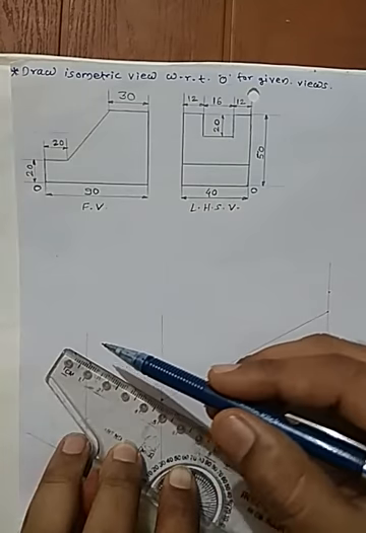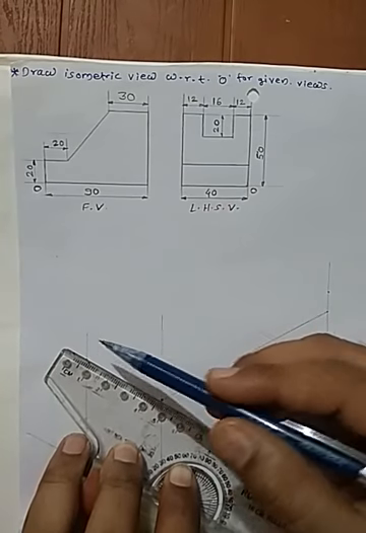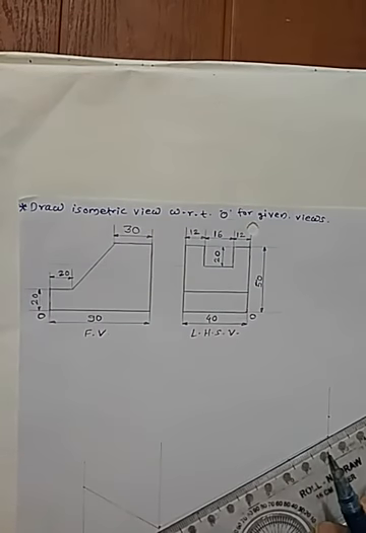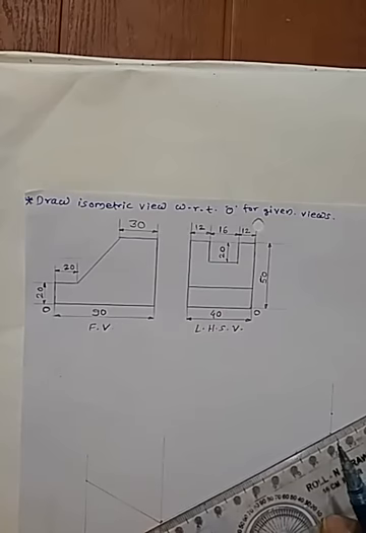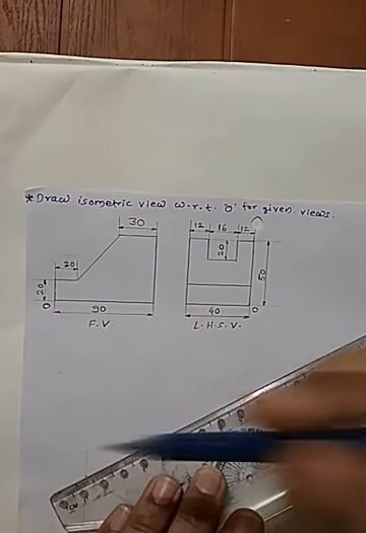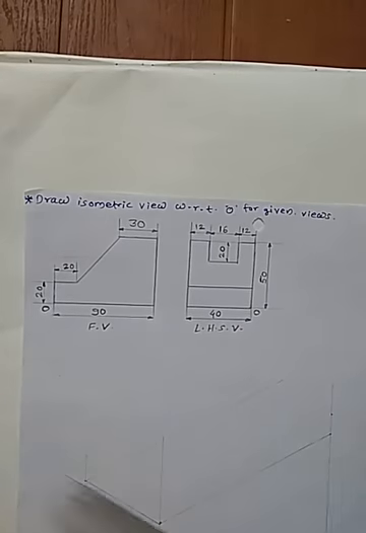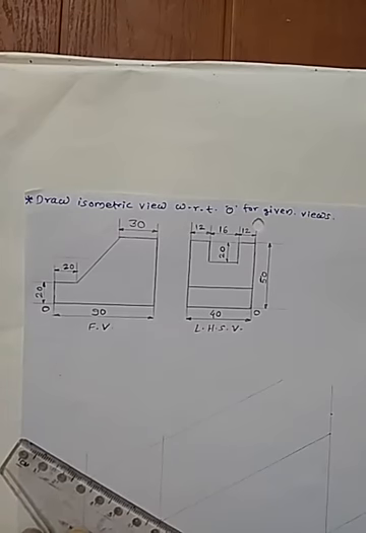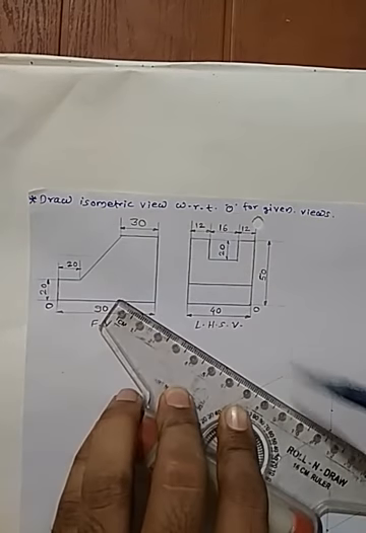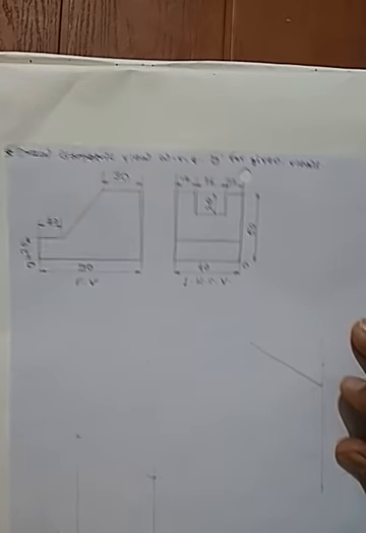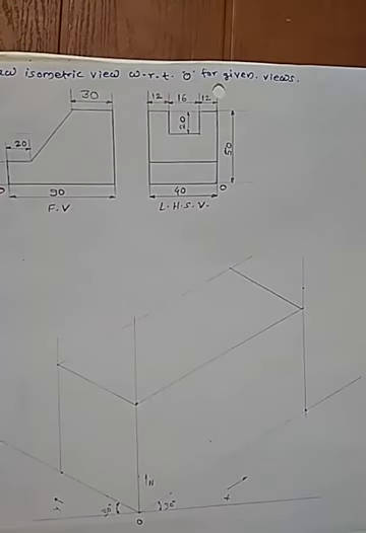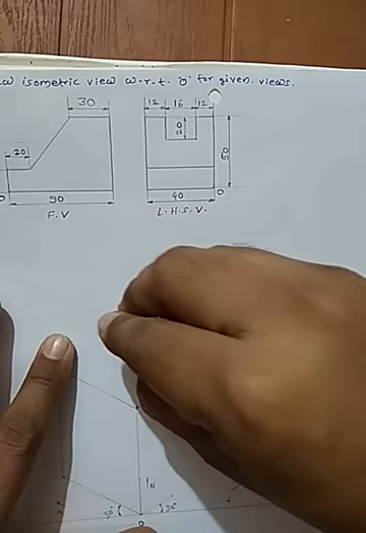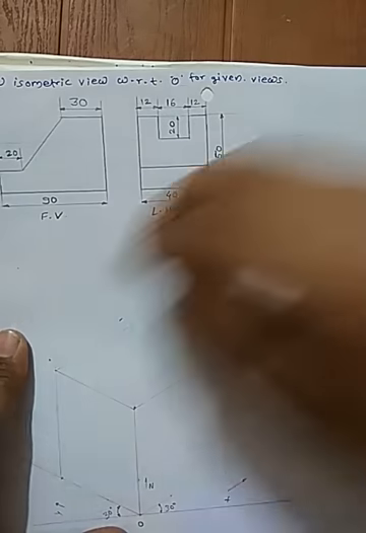So what we are doing, we are forming the isometric cube. You need to just slide your scale and draw the parallel lines to the X, Y and Z axes from the respective points or positions that are given to you in the problem. You can see here is the complete isometric cube. I will erase the extra dimensions or projections and show you the complete isometric cube.